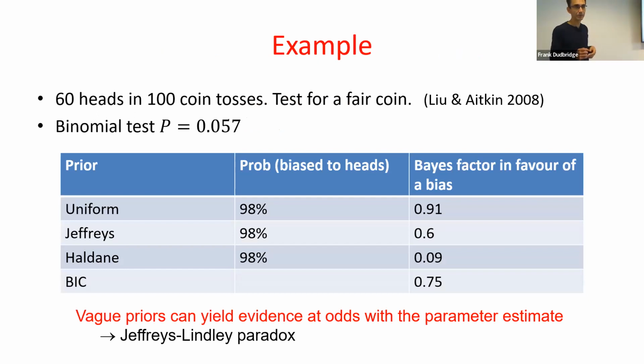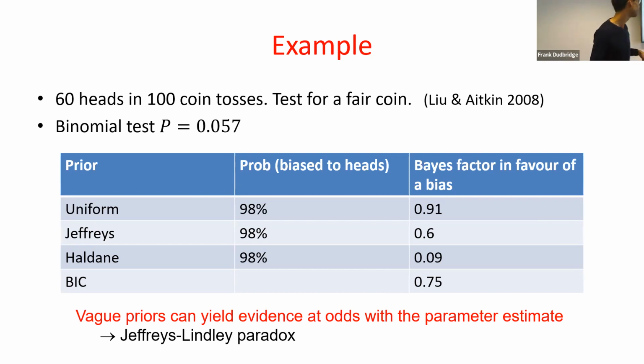So here's an example. We toss a coin 100 times, we get 60 heads. The question is, is that a fair coin or a biased coin? Classical test gets you a P of just over 0.05, so almost significant, but not quite. Now the Bayesian analysis, so here are 3 so-called objective priors that you could use. I mentioned that there were different flavors of objective Bayes, and in fact 4 if you include the BIC. So it turns out that under these 3 different priors, you have pretty much the same posterior probability